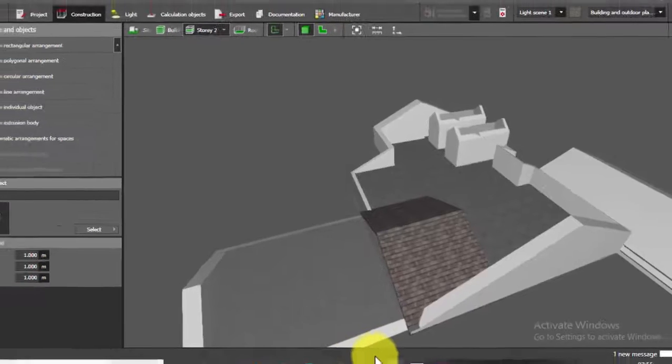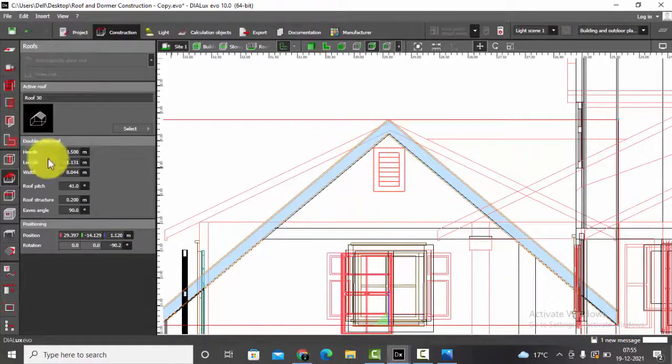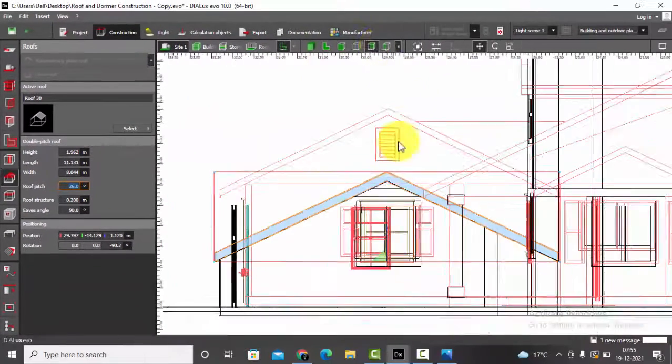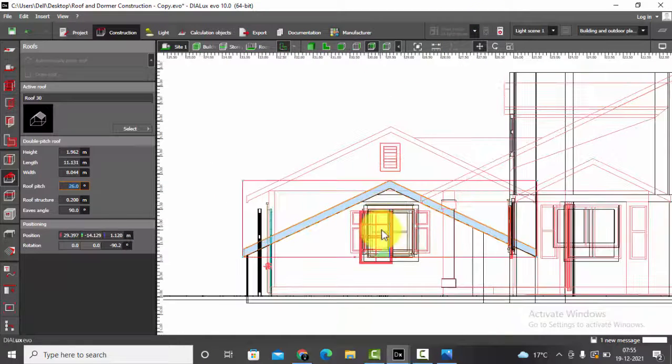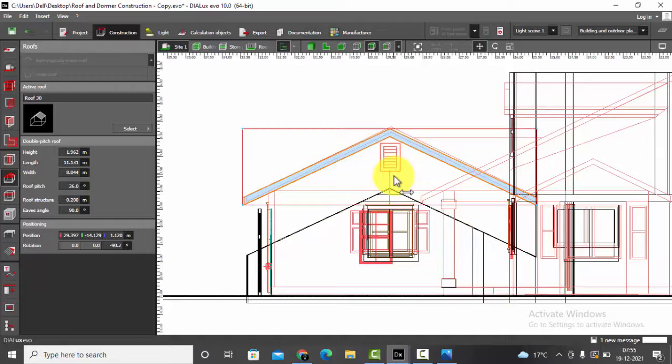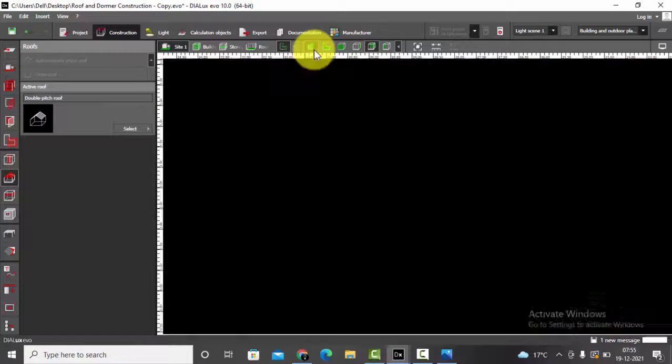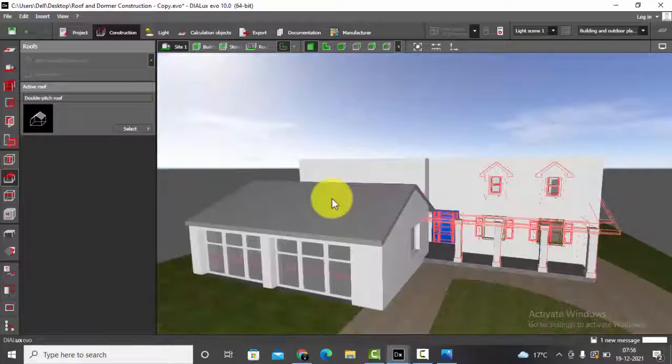So we'll go to our file, go to our project, roof pitch. We are going to change it to say 26 degrees. Okay, you can now see the angle between the two surfaces has increased. I'll move this up. Seems perfect. We have exactly placed it on the AutoCAD. Yes, correct. We'll save the file.